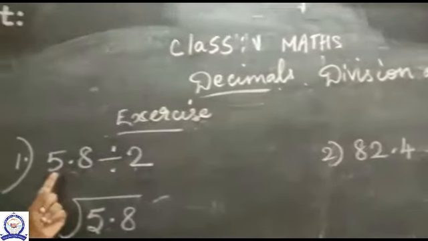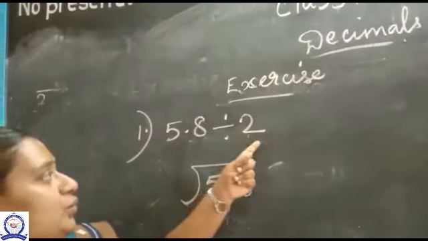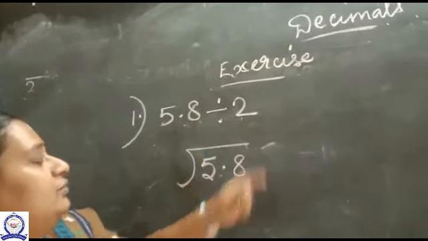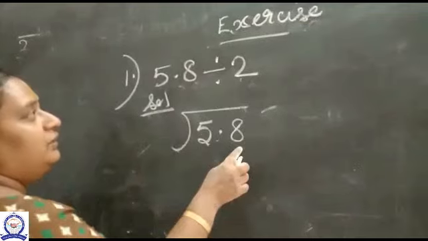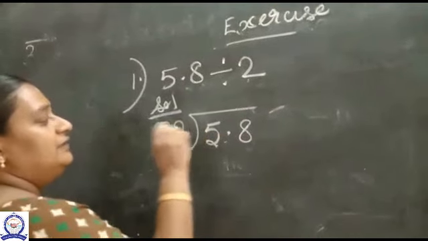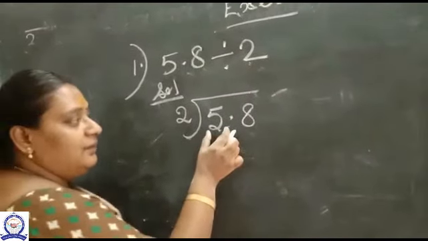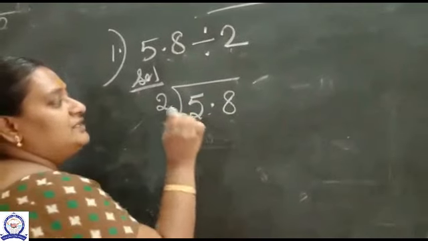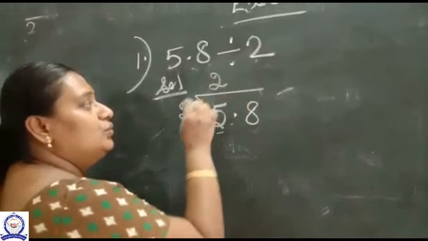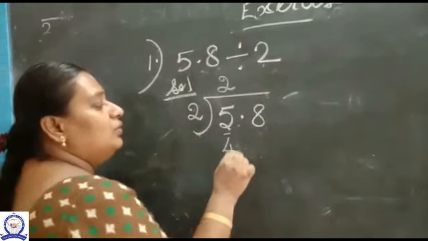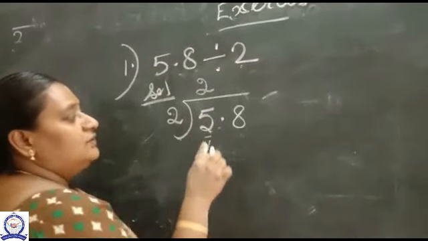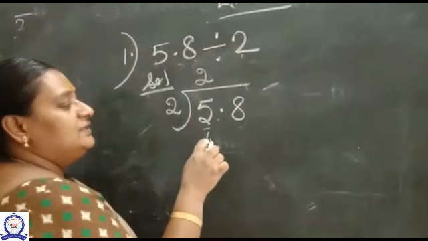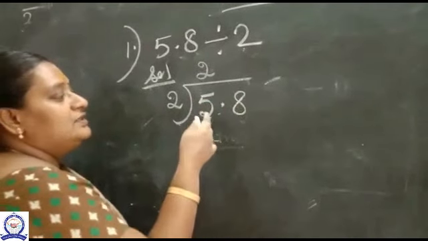Next we see the next one, children. Exercise sum, 5.8 divided by 2. So normal division மாதிரியே பண்ண போறோம். So solution, 5.8 உள்ள எழுதிட்டு divide 2 வெளியில எழுதுறோம். So you consider the first number. So 5 consider பண்ணிக்கிறோம். So 2 2s are 4. 2 3s are 6 ஆயிடும். So நம்ம 3 எழுதக்கூடாது. இங்கே 6 வந்து பெரிய number. So we cannot subtract 6 from 5.